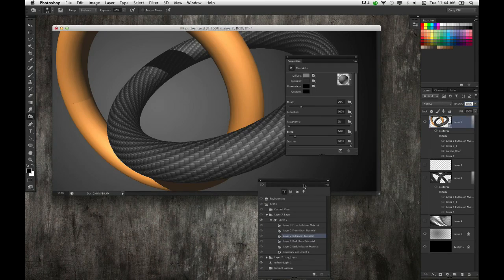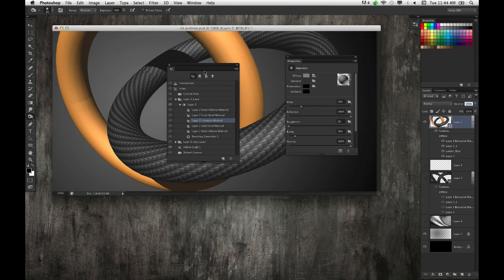And you might think, I'll go inside that texture file and just scale it down or something like that. You don't need to do that. What I'm going to do is go back and select Layer 2, which is the main layer for that 3D object. This is the main master layer, but then you go down here, you can select individual parts of your 3D object. I'm going to go back to the master one, and in the properties panel, we have this texture